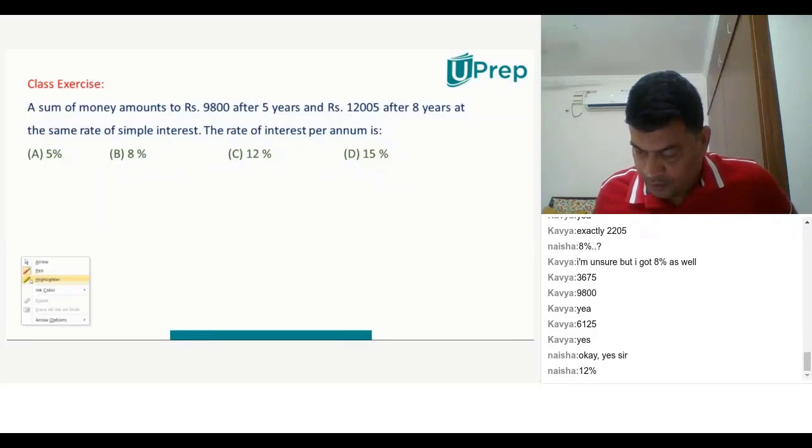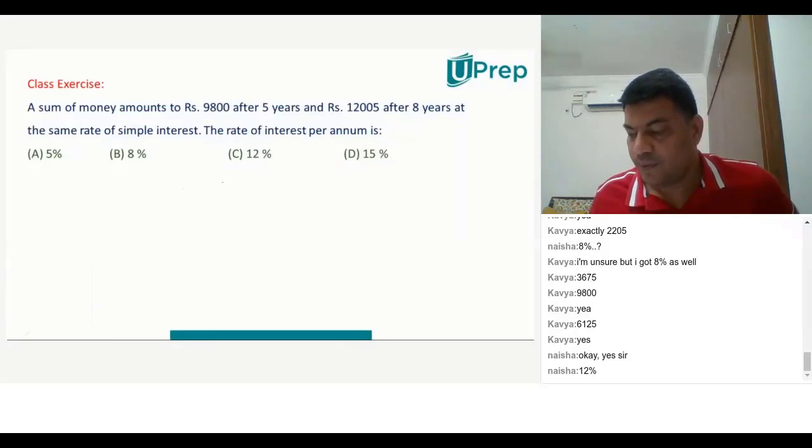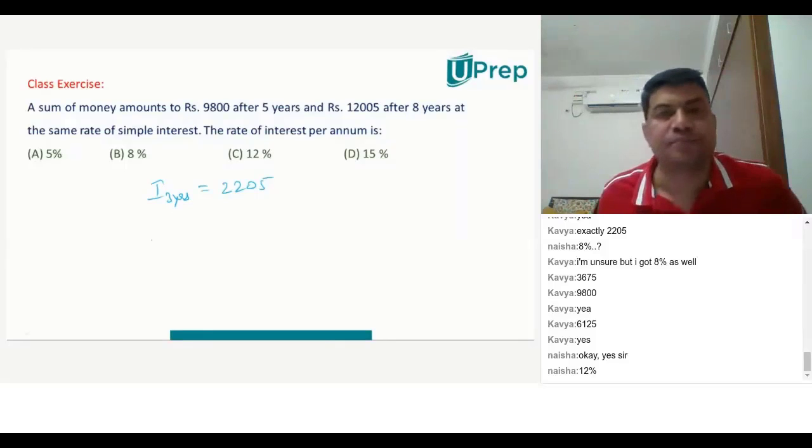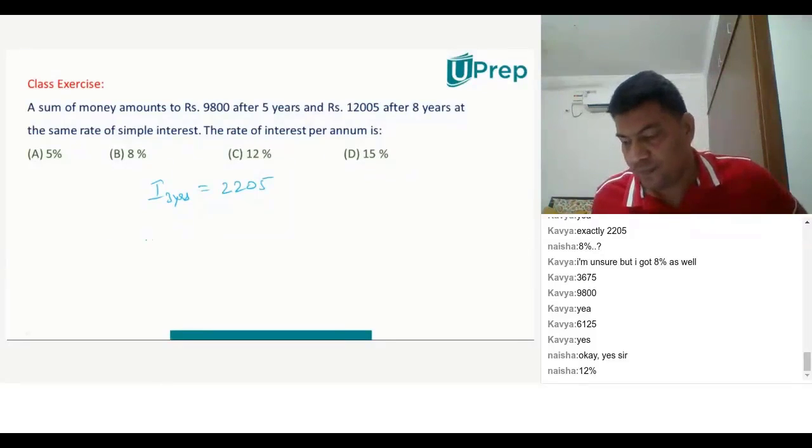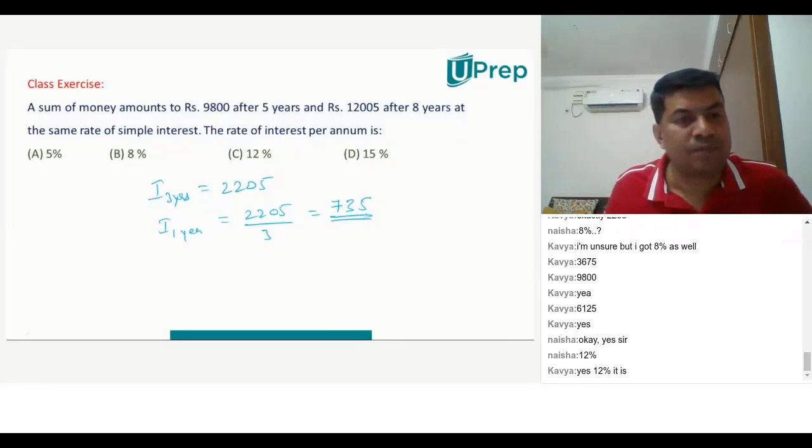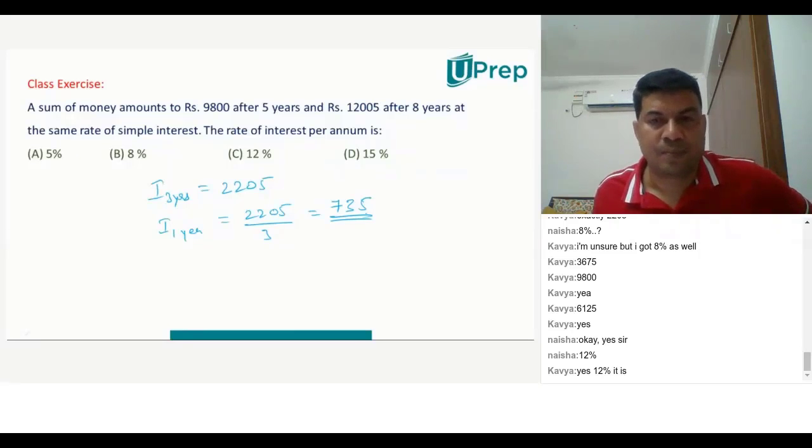We took 735 there because 2205 is the interest that you have for 3 years. So 2205 was the interest of 3 years, and then we do 2205 divided by 3, which is 735. Now, because we have 735 for 3 years, you understand that 735 was the interest for every single year. Now, since we know that, we can do 9800 minus 735 into 5, which is 6125. And since we now know that the interest is 735, we have to do 735 over